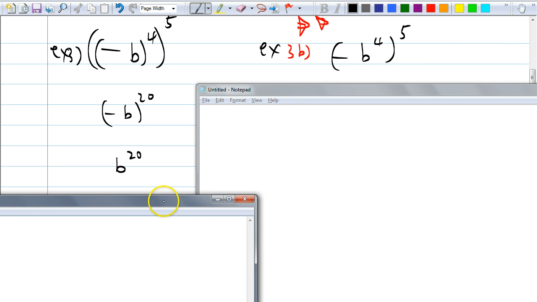Let's go over this then. All right, first of all, how many people think that this whole thing will come out to be positive? Raise your hand. Okay, how many people think it will come out to be negative? Okay, you guys are correct. It does come out to be negative because